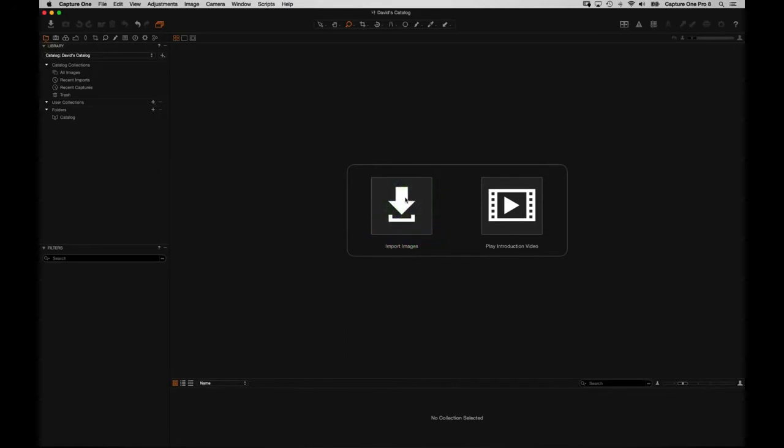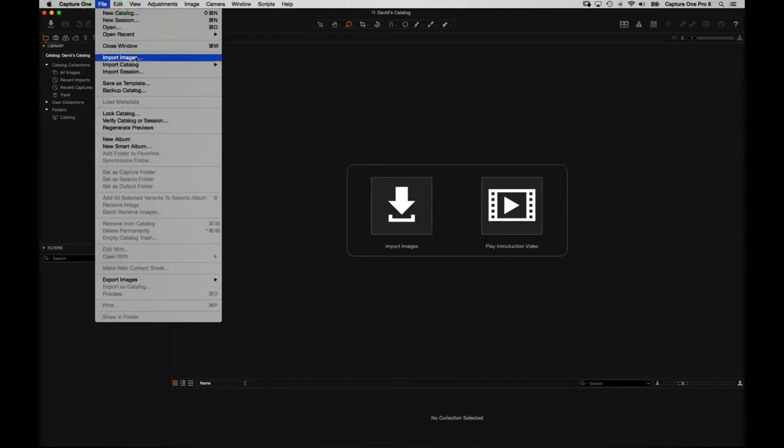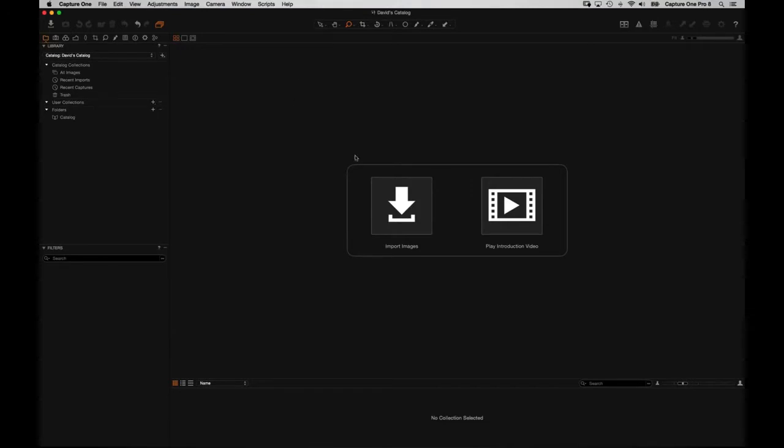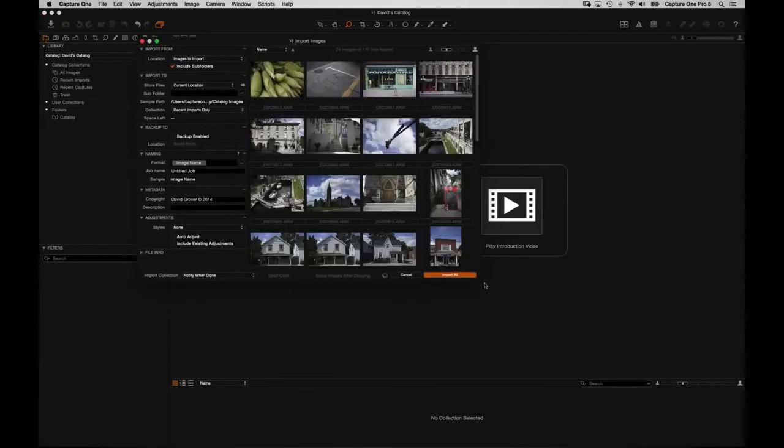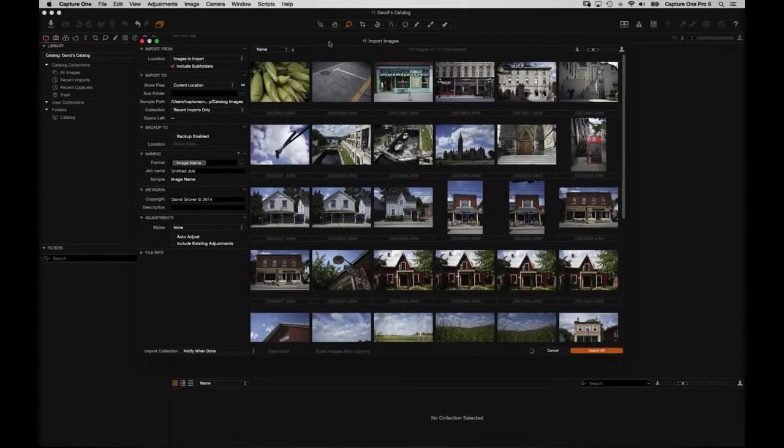Import images, the last button in the center of the screen. It's also the same button here up in the top left, and also we can say import images up here. Take your pick. Okay, and then that way you'll be able to get started. So I'm just going to click the large import button in the middle, and then like so we get an